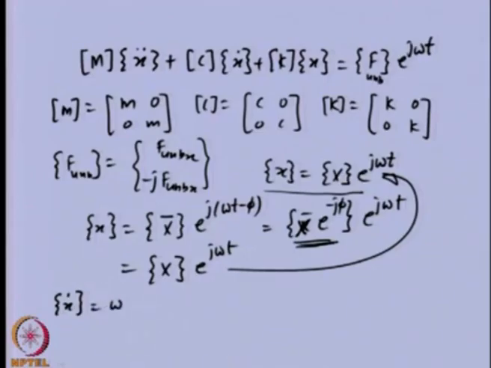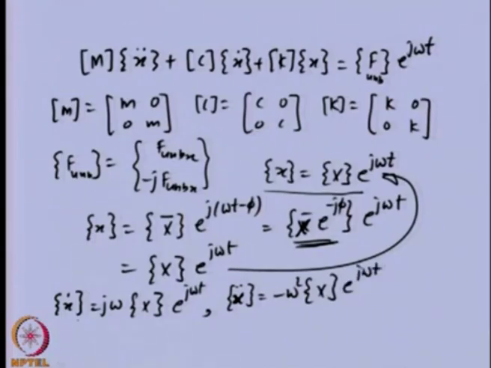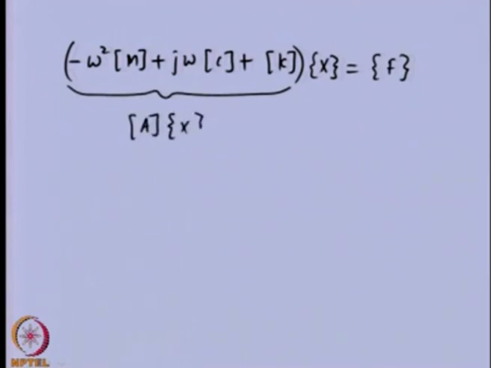So we will get this, and for the second derivative we will get this, and these solutions and their derivatives we can put in the equation of motion, which is there in the matrix form. So we will get a solution like this. We can take the complex displacement vector and the force; the time dependent terms e to the j omega t will vanish from both sides, and if we define these as, let us say, A matrix,